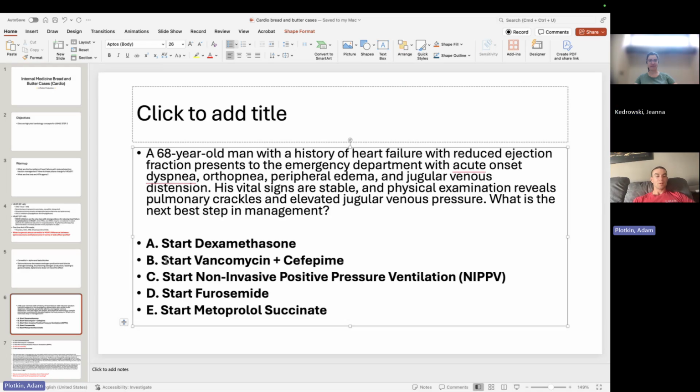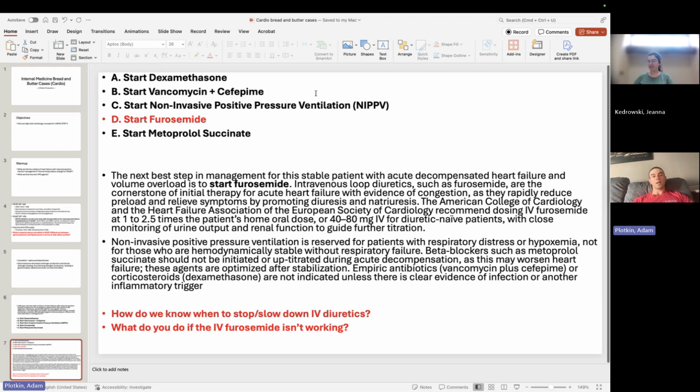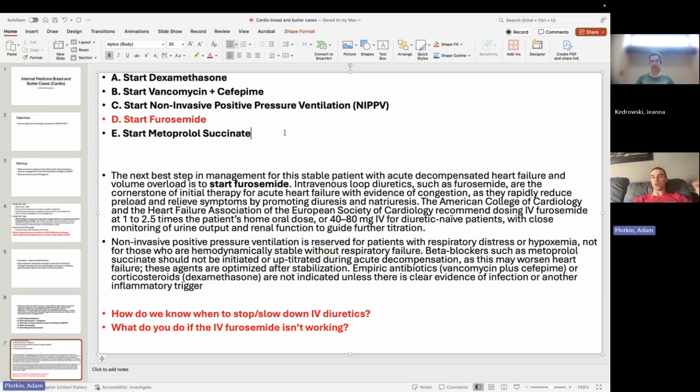Yep. So very easy. It can get tricky when they also offer you metoprolol because you're like, wait, metoprolol can be used for heart failure. We never use metoprolol in an acute heart failure exacerbation, right? Because given its mechanism of action, it actually reduces the heart's ability to pump, which is going to lead to more volume overload in this case. So it would be a great drug to start on this patient once we get them to a stable point, but not good in an exacerbation.